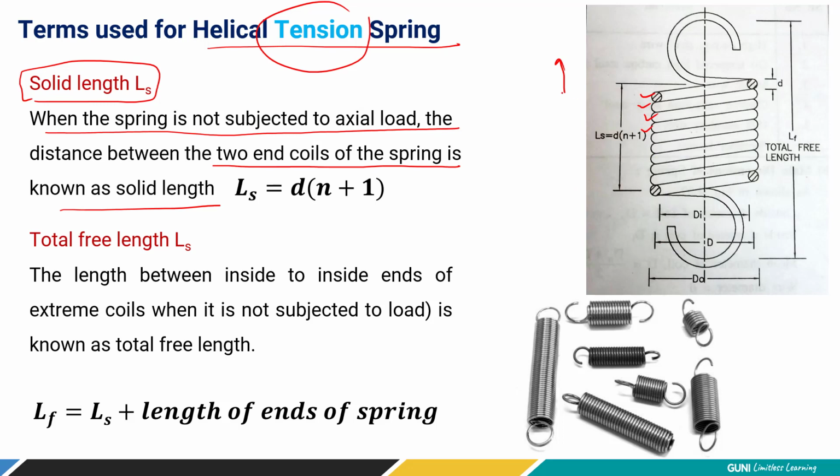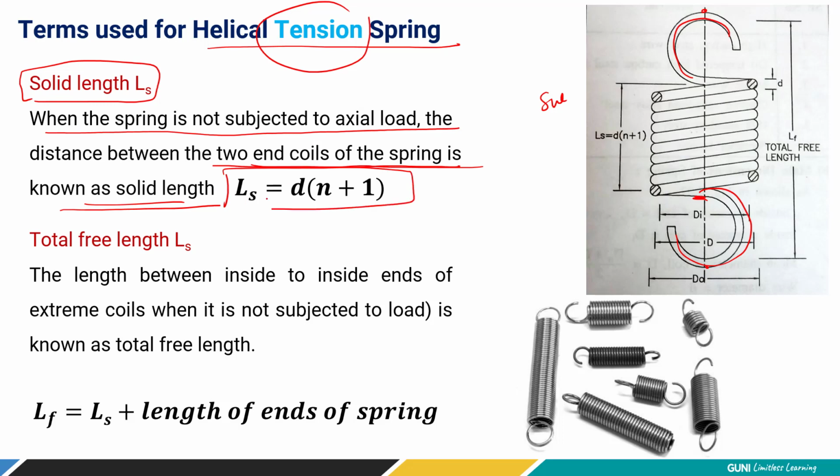So that's the construction of the spring. When there is no load applied, from this point to this point, it is called the solid length. Or sorry, it is not from there, it is over here, from this point to this point. Please consider the correction, right? These are the only turns which are going to be subjected to deflection. These are the circular hook ends which are used for gripping purposes, right? So they are not taking part in any deflection, shock absorption or force application. Only these turns are taking part. So based on this, when no load is applied, the distance between the two ends of the spring is known as solid length.